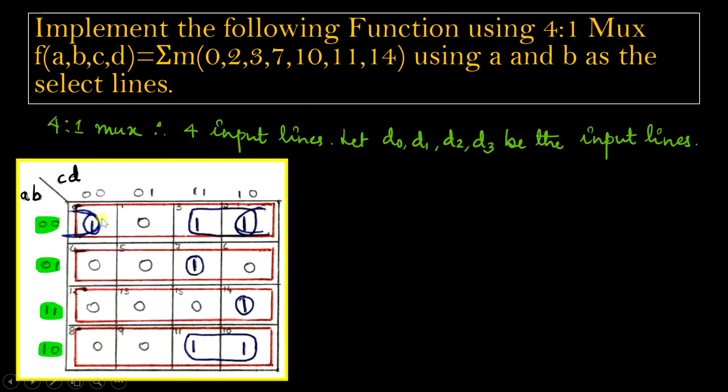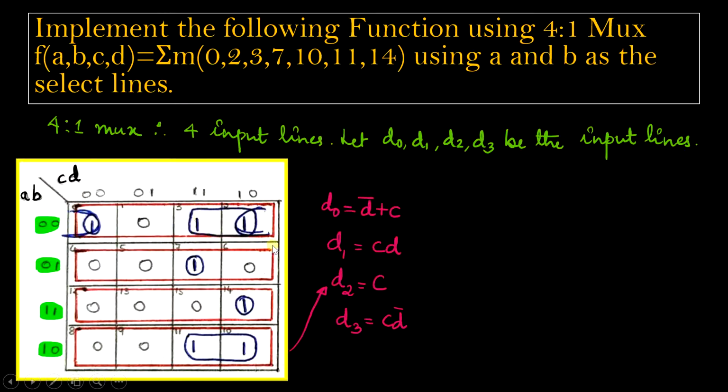Now you have to map the minterms. When you map the minterms, you will be able to identify which is the variable corresponding to the particular minterm. So I can write D0, that is this particular D0, to be equal to, you have 2 variables here, C and D. So you can see that I can group the minterms in this form, or I can group it in this form.